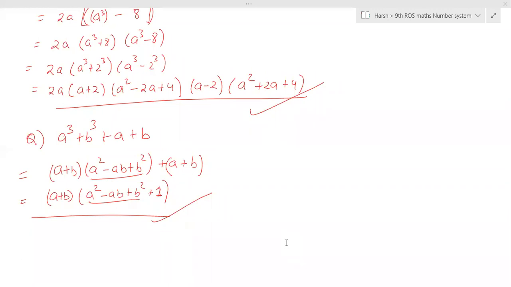Okay, sir. One last thing. Should we log in into the science class, and will you be seeing us while we attempt the exam? Yes, I can see everything. Who has attempted, all stats will be with me. Okay, sir. So we should log in using Science ID? There is no Science ID. That is the ID, your app ID or website ID. In future, you will have a maths exam also that way. Once you log in and start your exam, I can see that you have started your exam.